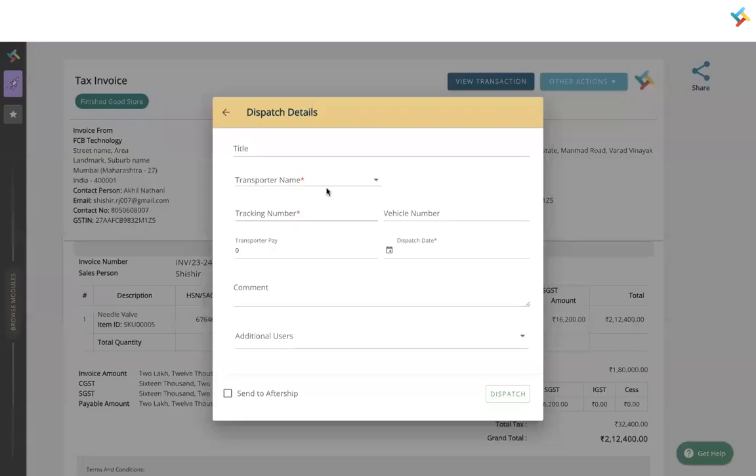Click on this. Now, once I clicked on dispatch, a new module will get open in front of your screen. A new page will get open in front of your screen. You just need to fill the details. So here, what I will do, I will simply just go ahead and put a title, DTDC, transporter name, DTDC, tracking number. I will just simply type